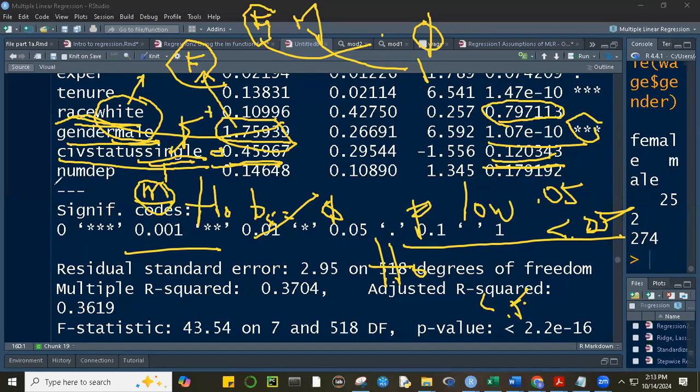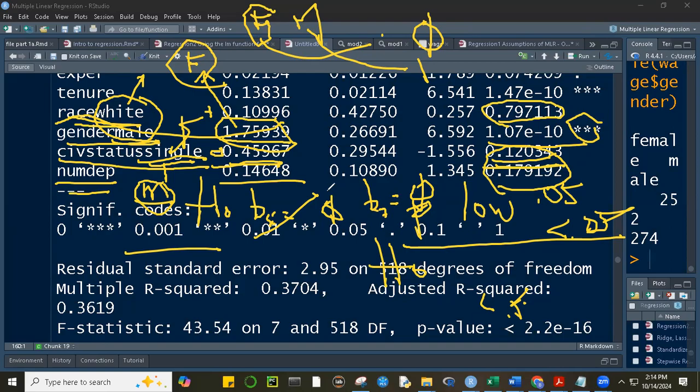Ito, let's take a look at this. Number of dependents, no? And although class, so sasabihin natin dapat walang meaning to, no? Kasi we cannot reject the null hypothesis that B7 is equal to 0. Okay? Hindi siya significant, no? Although may value siya dito, yet because of the p-value 0.17, okay, we cannot reject the null hypothesis that B sub 7 is equal to 0. Okay? But assuming it's significant,